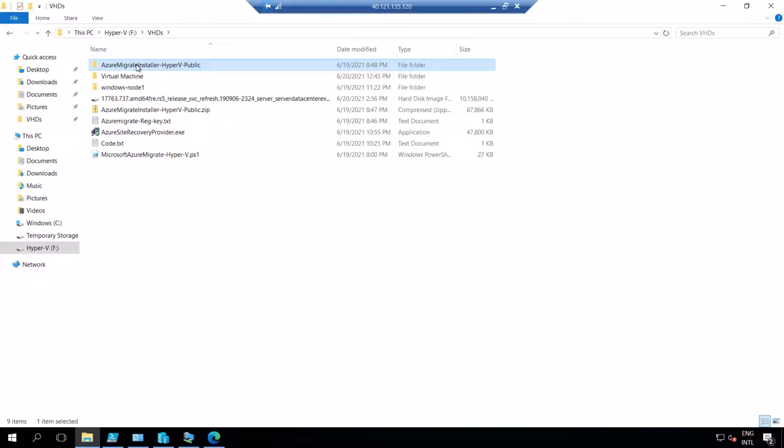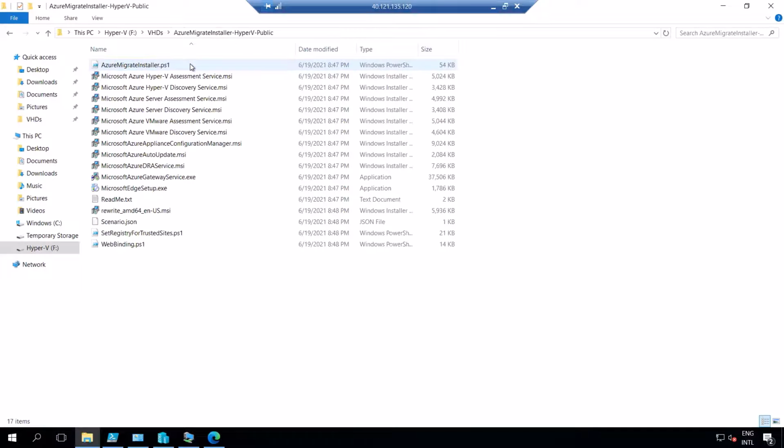When I downloaded the zip file and extracted it, this is the folder which I got. In that folder is the PowerShell script I have to execute.